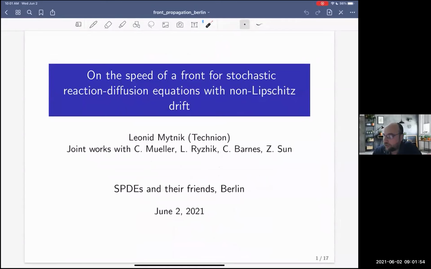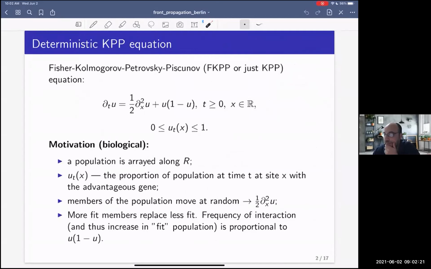So the talk is on the speed of front propagation for stochastic reaction diffusion equations. This talk is based on joint papers with Carl Mueller, Leonid Ryzhik, and two great postdocs at the Technion, Clayton Barnes and Rene Aussan. So we'll start with the